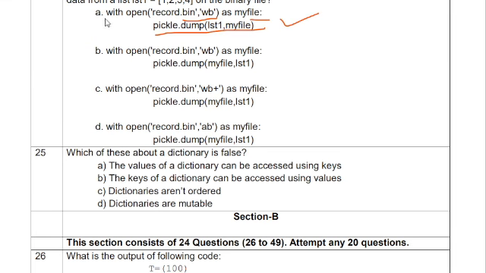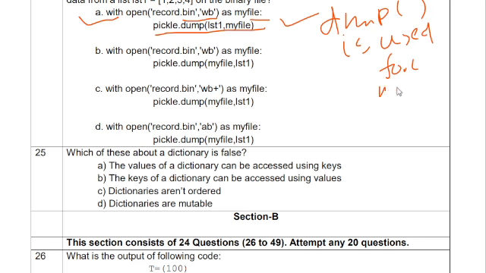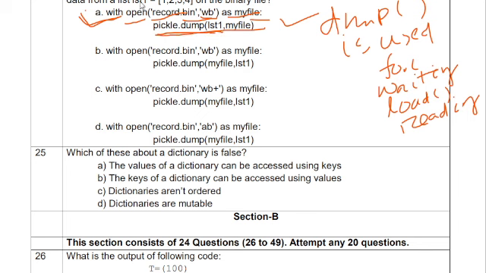Okay, dump method is used for writing and the load method is used for reading. So here it will be written for writing. So the correct one is answer A. Okay, with open function record.bin in write binary mode as myfile, pickle.dump, list1 is the object and where we have to write, myfile.